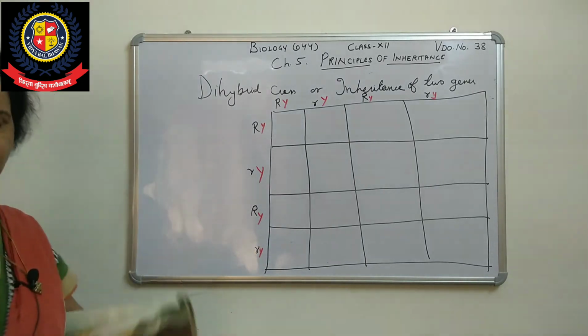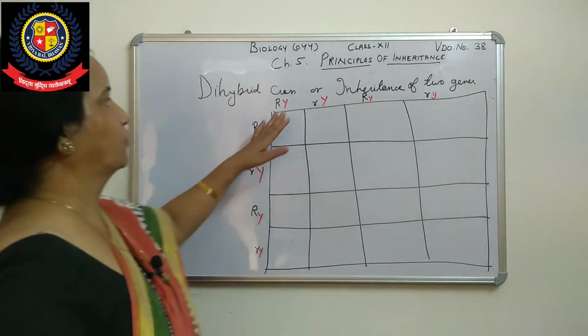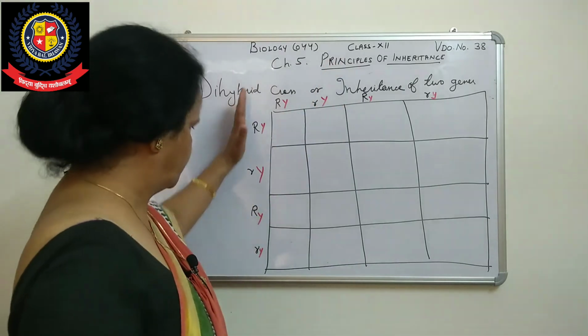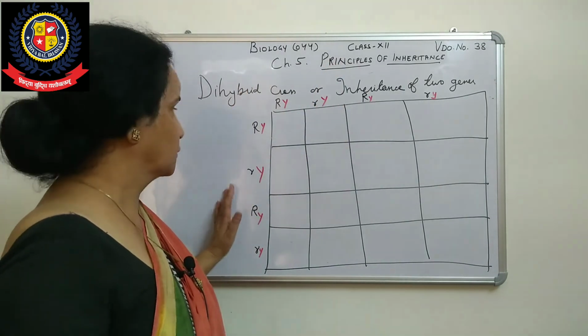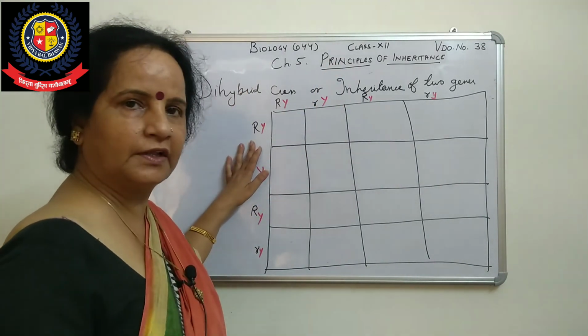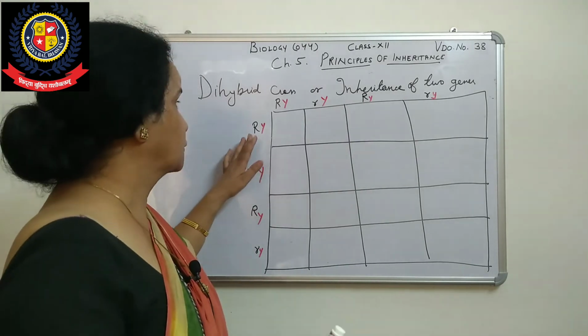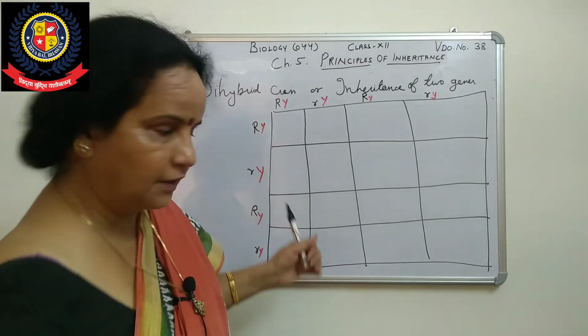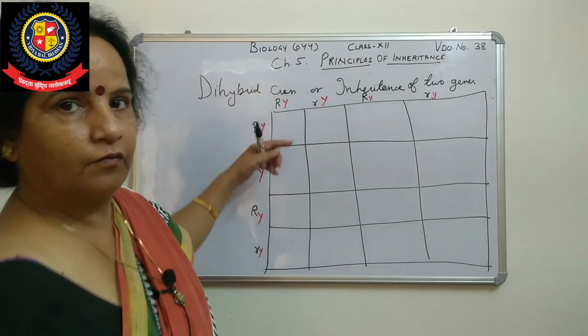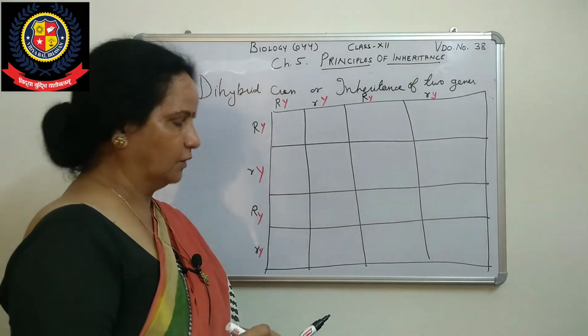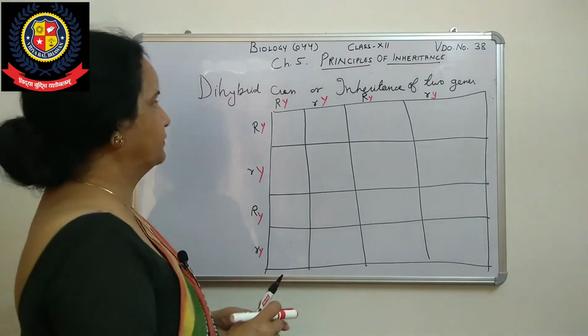These are the gametes you have got: 4 gametes in one parent and 4 gametes in the other parent. So what are the traits we have got? All those are in the haploid condition. But you know that we have taken 2 traits, so 2 genes are there. Here in both cases 2 genes are there, while in the case of a single gene we take only 1. So now we will multiply them.